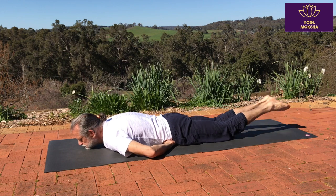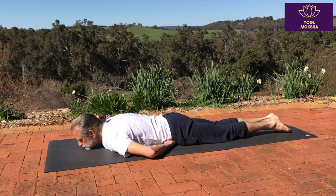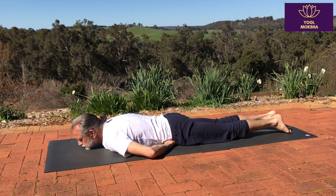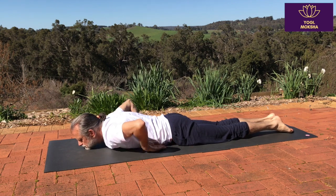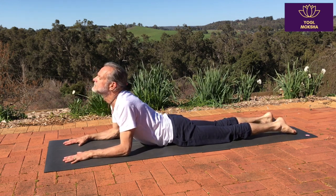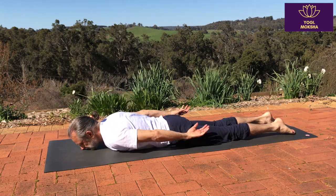Inhale, lift both legs, exhale, release both legs. Inhale, lift, exhale, release. From here we're just going to come up onto our elbows into a cobra, just to release the back a little bit. A little bit of a stretch in the back there, maybe look upwards before dropping back to the mat,